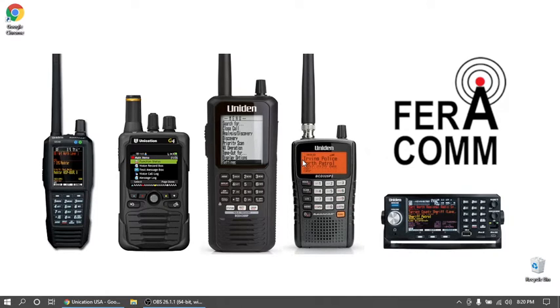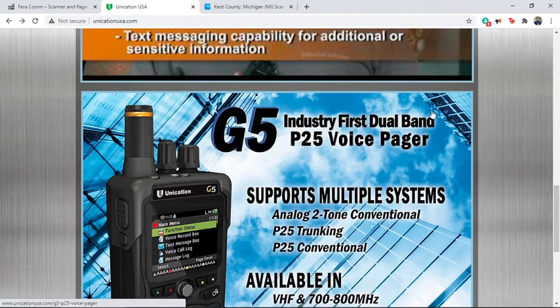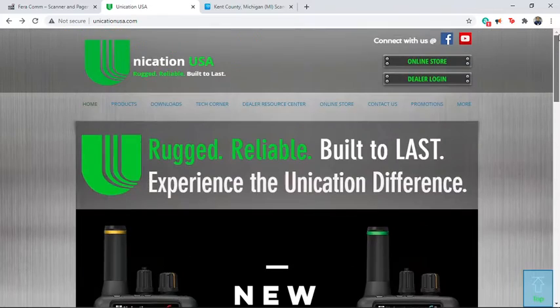Today we're going to be talking about how to download and install the Unication PPS software. So to start, you'll just go to the Unication website, which is unicationusa.com. From there, you can go to Downloads,